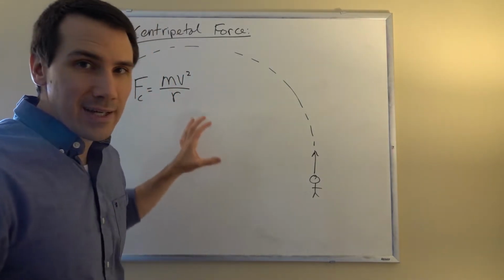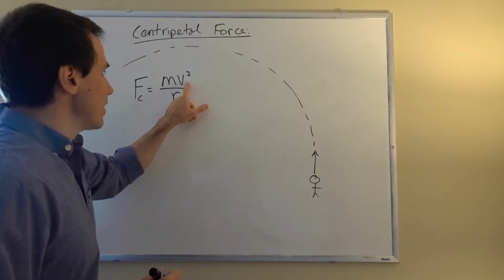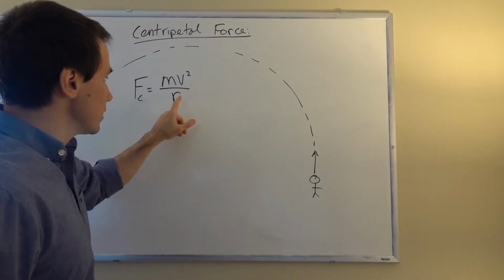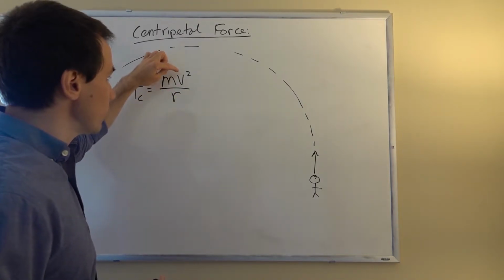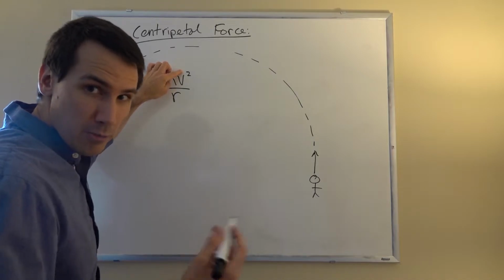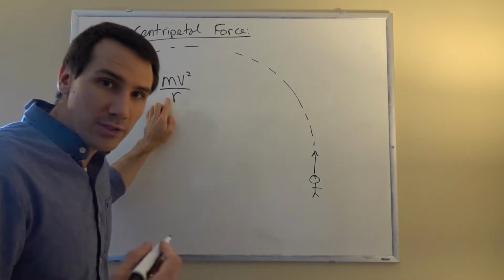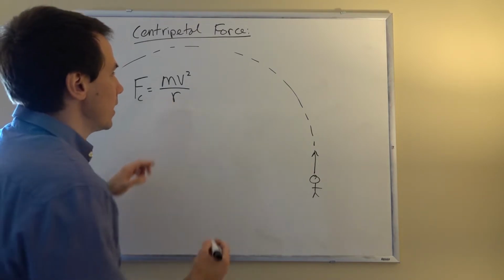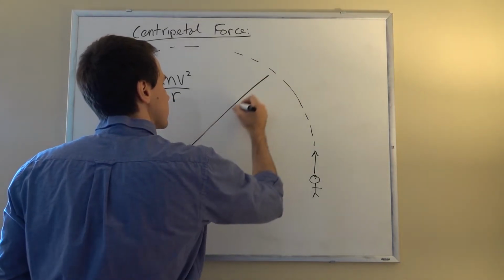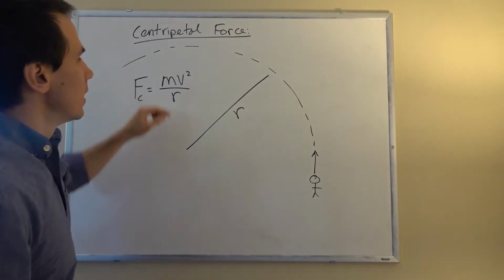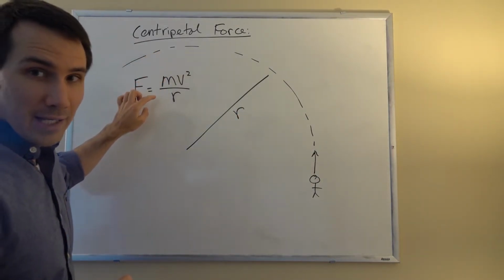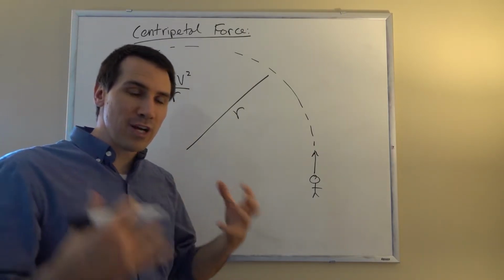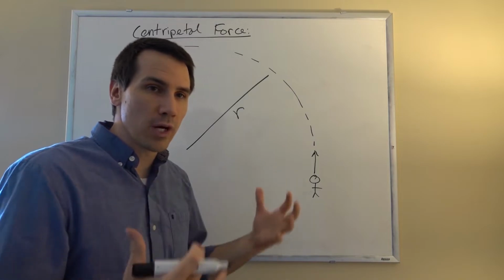So what that tells us is that if I have a very large speed and I want to run in a small circle, that gives me a large numerator from v squared being large, and a small denominator because the radius is small, right? Large number divided by a small number means I need a lot of centripetal force if I want to move very quickly and run in a small circle,